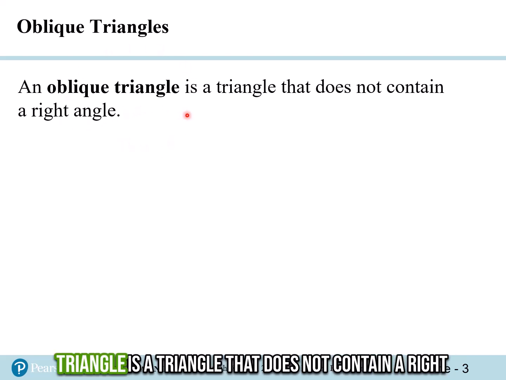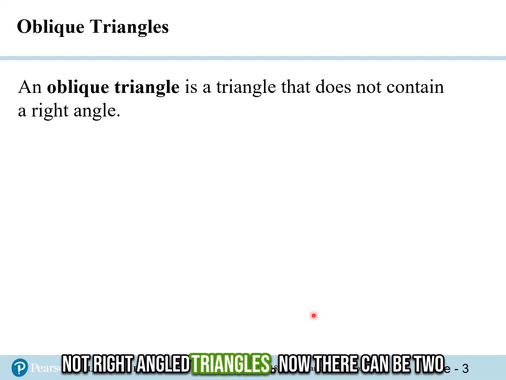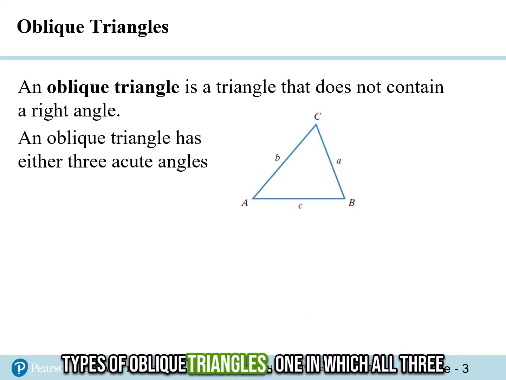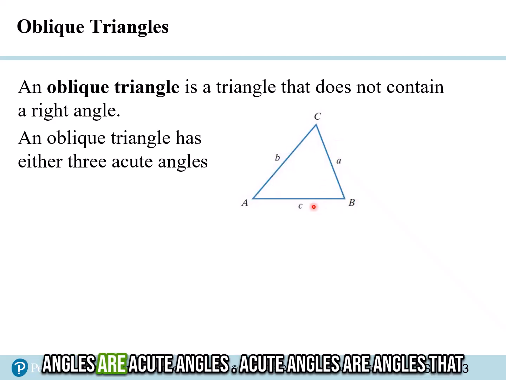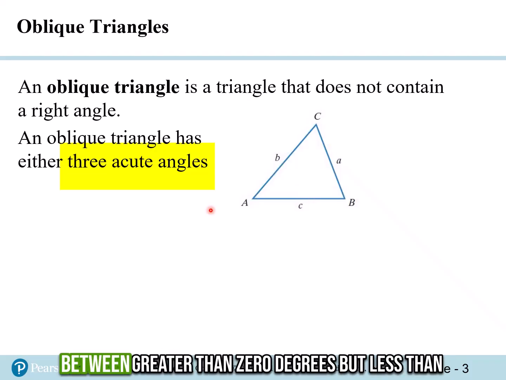An oblique triangle is a triangle that does not contain a right angle. In other words, they are triangles which are not right angle triangles. Now there can be two types of oblique triangles. One in which all three angles are acute angles. Acute angles are angles that are less than 90 degrees, angles that measure greater than 0 degrees but less